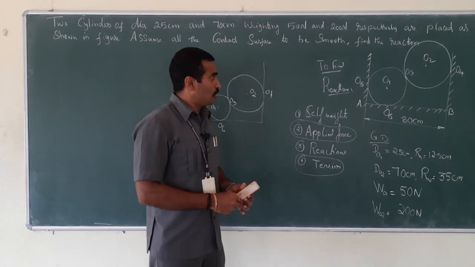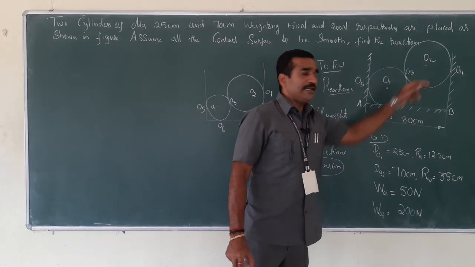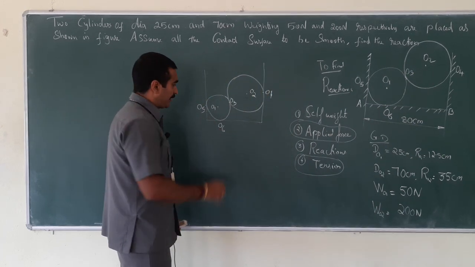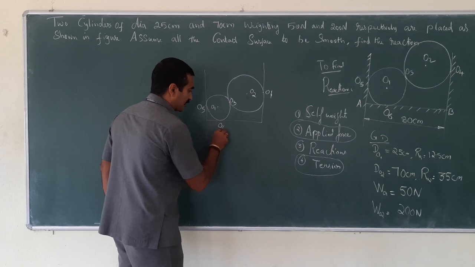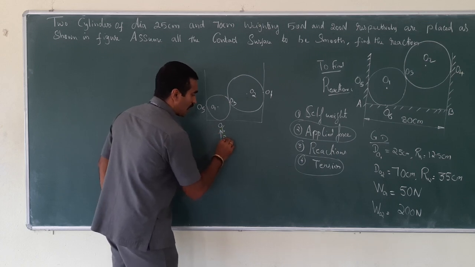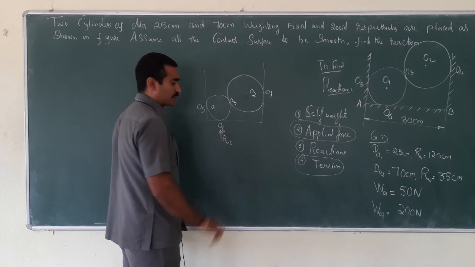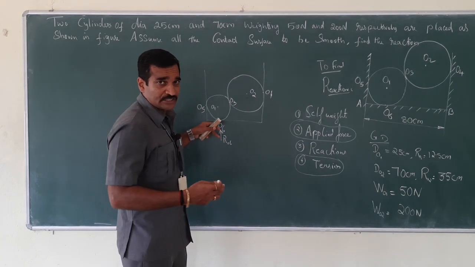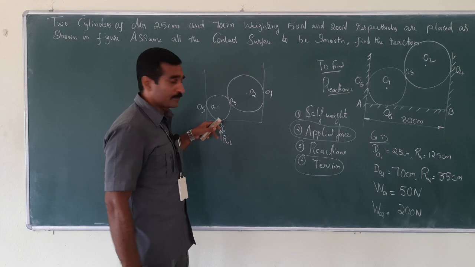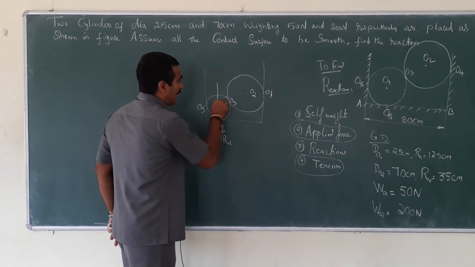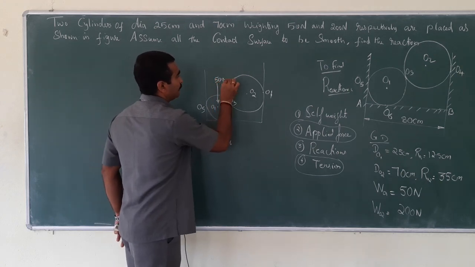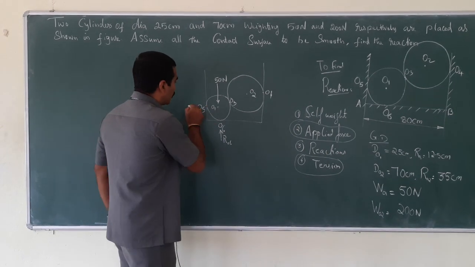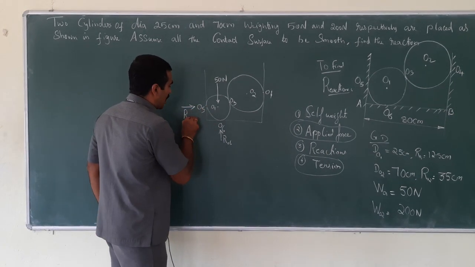So I need to know the inclination here. Look here, how many reactions would be here? Here there will be a reaction, that is RO6, because here is the contact, right? Its reaction will act towards the point and its own weight will act, which is 50 Newton. And here is one contact, therefore this reaction will be there. This is RO5.